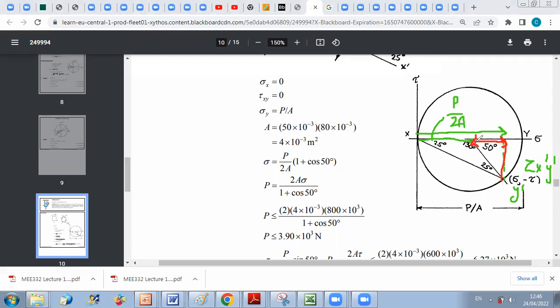This distance is equal to the radius times cosine of this angle, so it is r cosine 50. So sigma at y prime is P over 2A times 1 plus cosine 50. To determine tau, all you have to do is get this distance. This distance is r sine 50. So the value of tau is